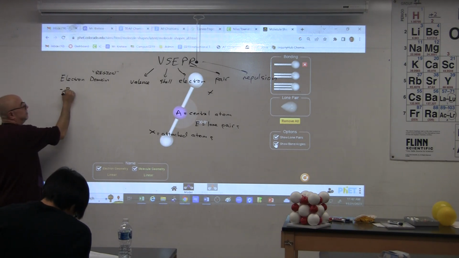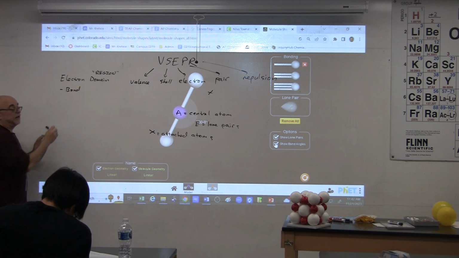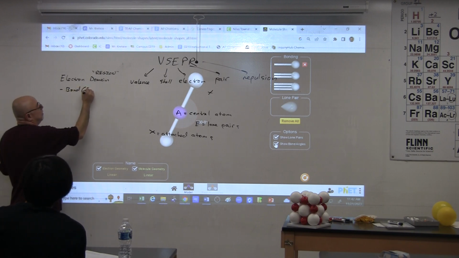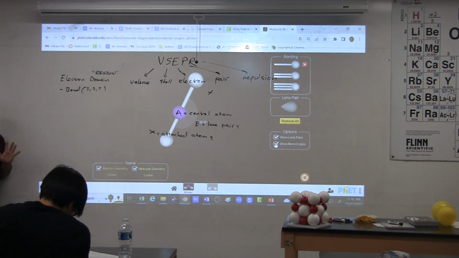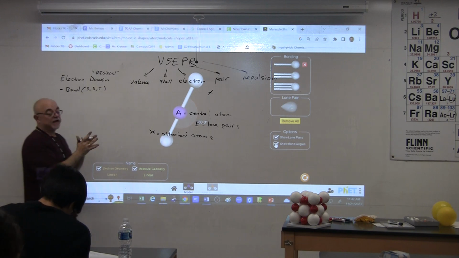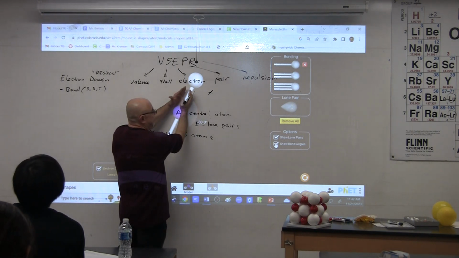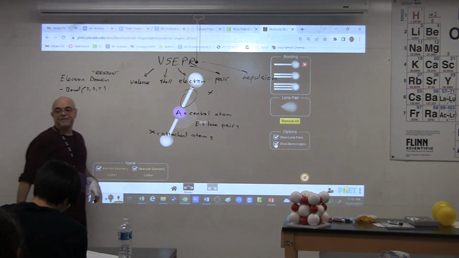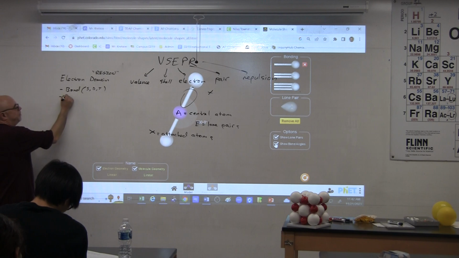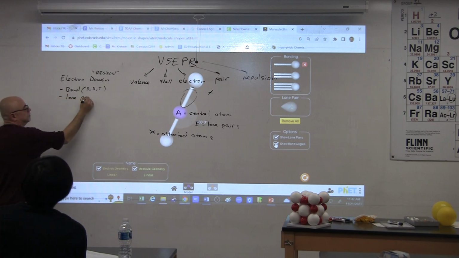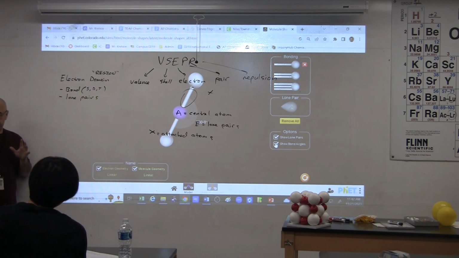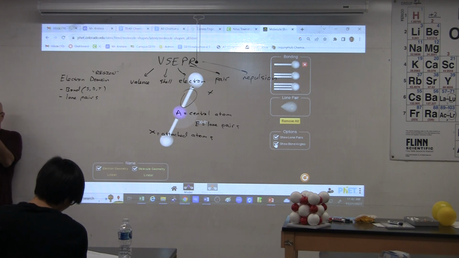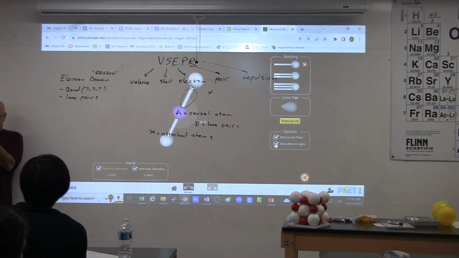It could be a bond, and whether it's single, double, or triple doesn't matter. We treat them as one domain. A domain is just a region of electron density. So if there's a bond here, this counts as a domain. Lone pairs can count as domains too. They influence the shape of the molecule because, again, as a region of high electron density, there's negative charge there that repels the other negative